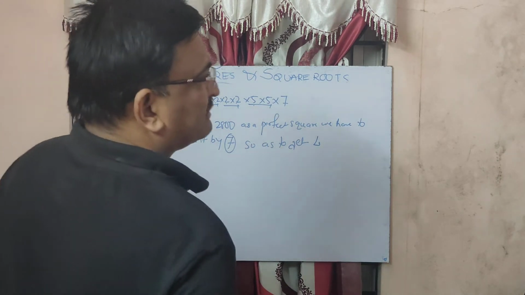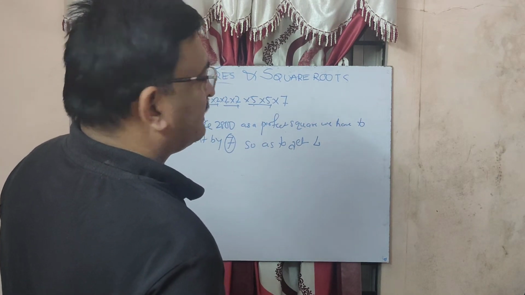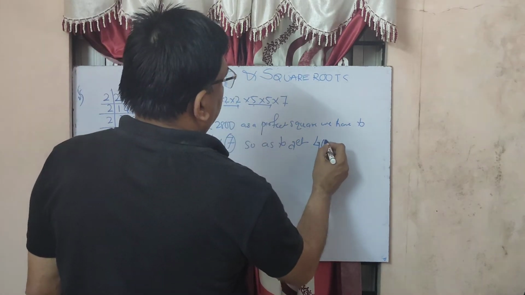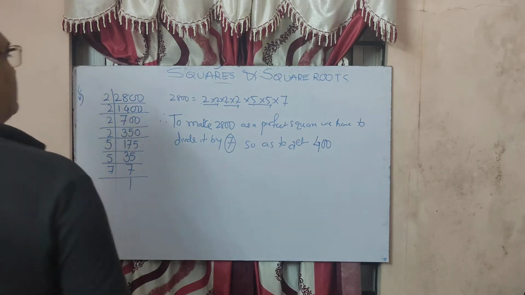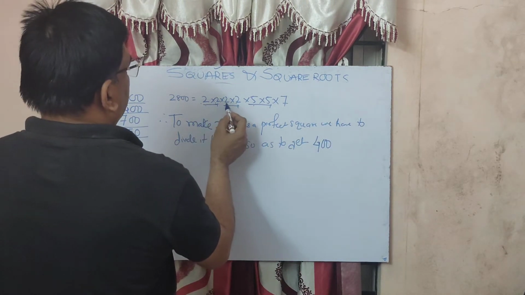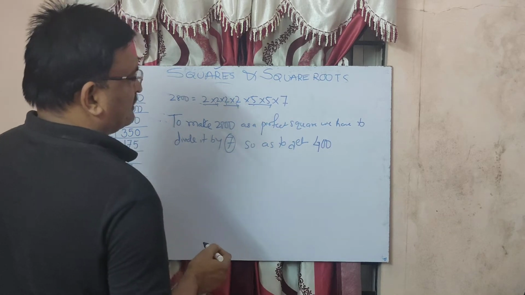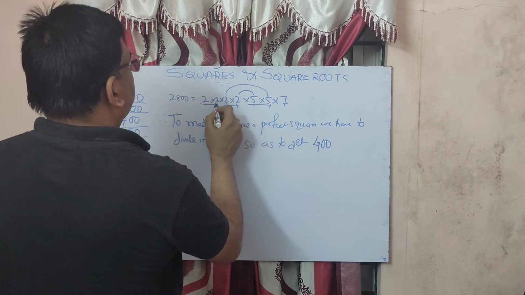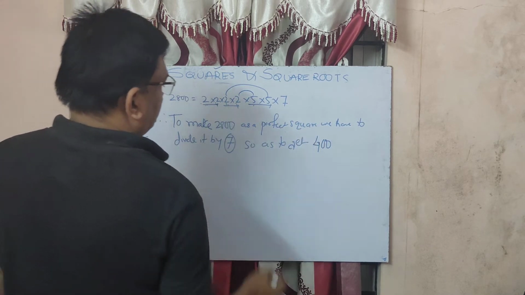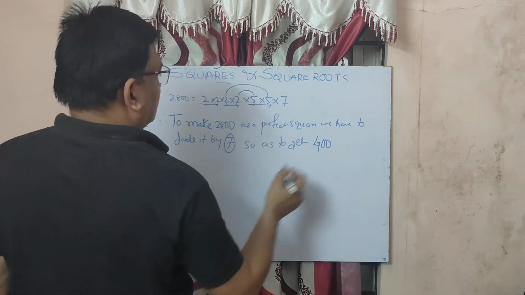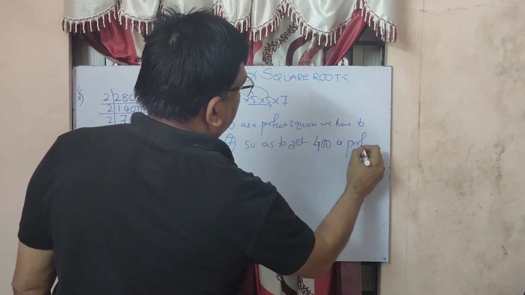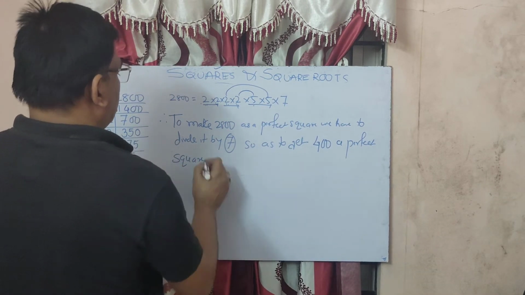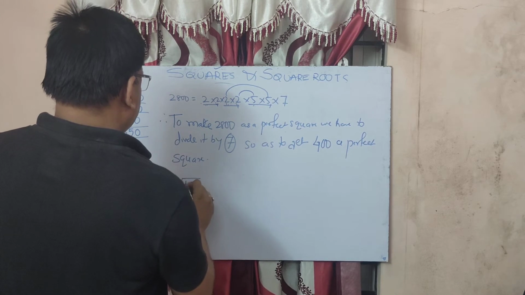16 5s are how much? 80. 8 5s are 400. So, see, 2 to the 4, 4 to the 8, 8 to the 16. Or you can do 2 5s are 10, 2 5s are 10, 10 10s are 100, 100 2s are 200, 200 2s are 400. So we get 400, a perfect square. And what is the square root of 400?